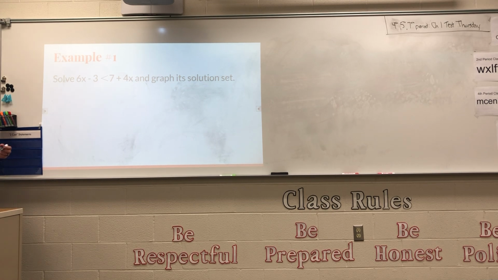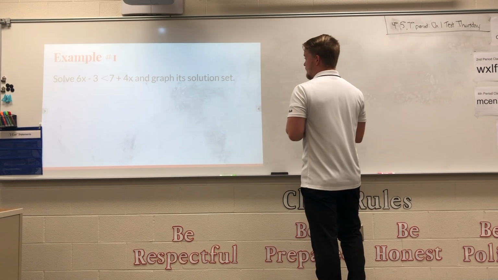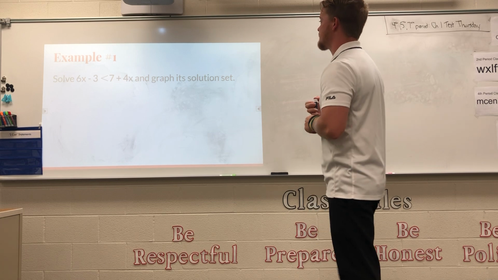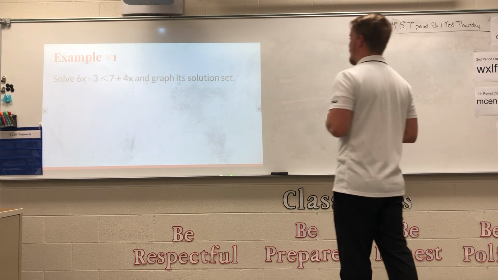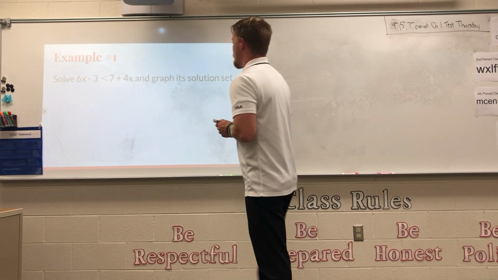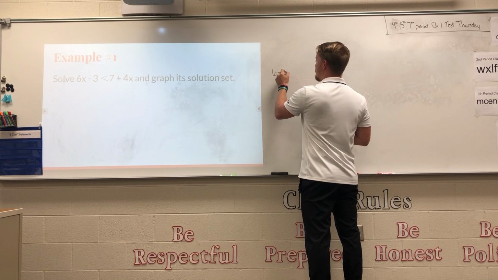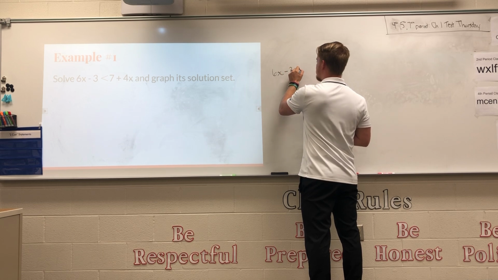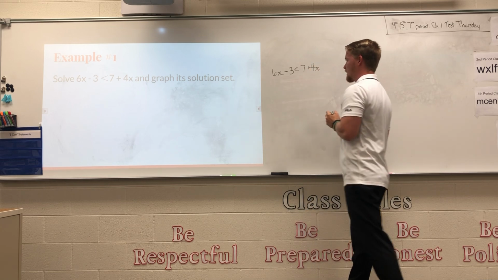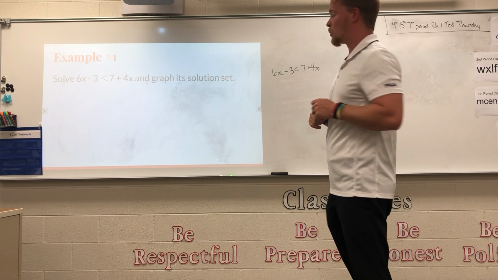Alright, so let's look at some examples and read the directions that go with it. This one says, solve 6x minus 3 is less than 7 plus 4x and graph its solution set. So 2 parts. First thing we need to do is solve it. So I have 6x minus 3 is less than 7 plus 4x. Okay? Just like section 1 or chapter 1,